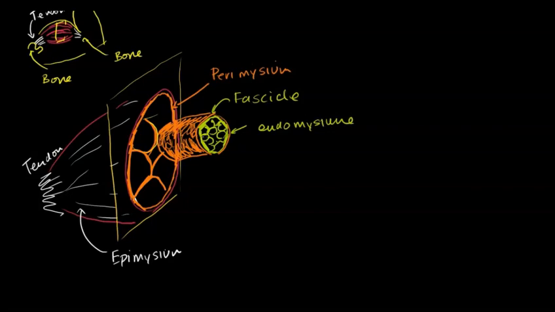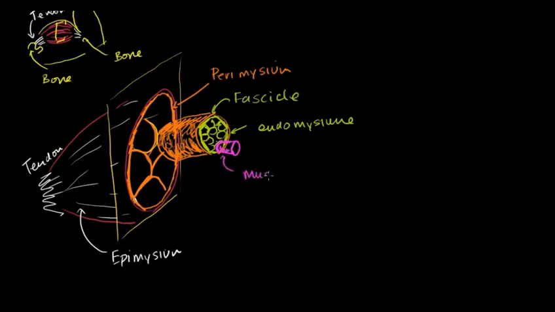Endomysium. And each of these things that are in the endomysium are an actual muscle cell. This is an actual muscle cell. So I'll do it in purple. So this thing right here, I can pull it out a little bit. Let me pull this thing out a little bit. Just like that. So if I pull this out, this is an actual